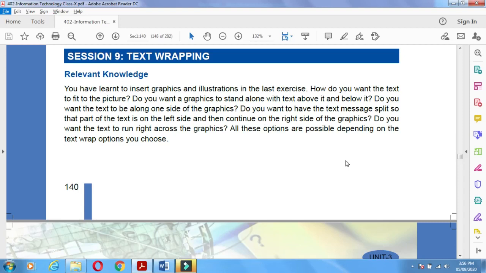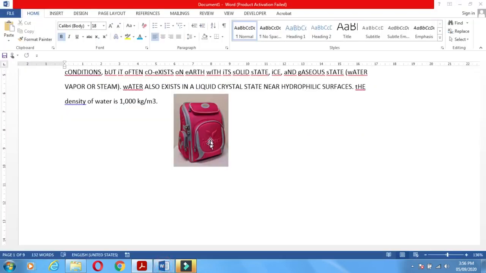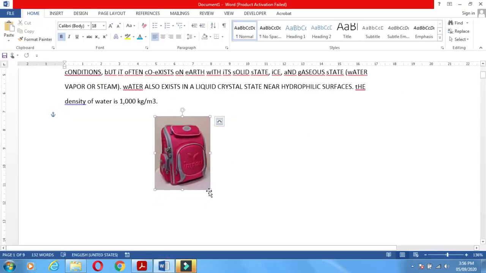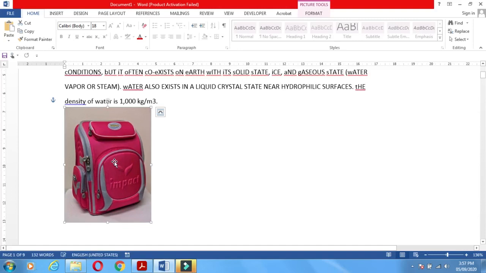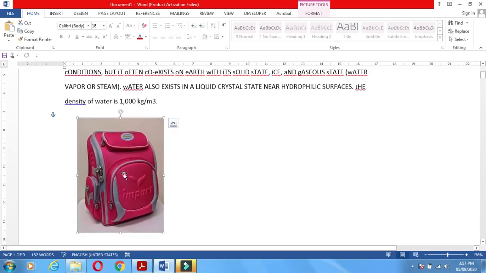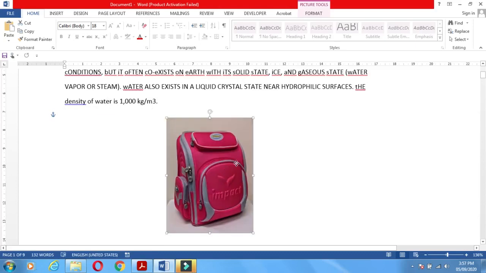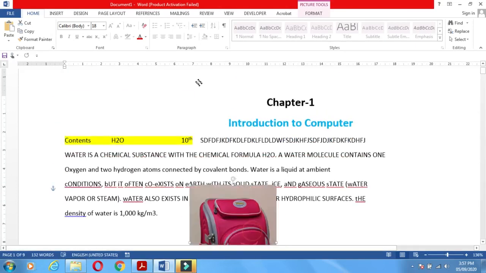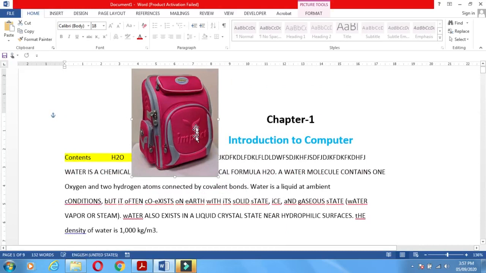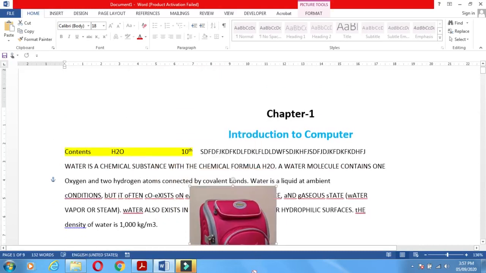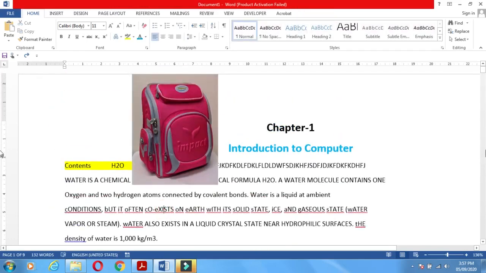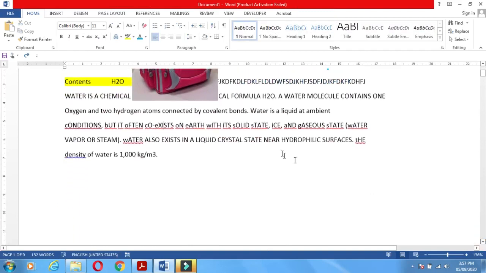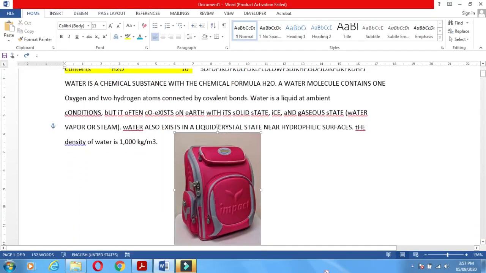Do you want a graphic to stand alone with text above it and below it? If you inserted a picture, you may want the picture below the text, or above the text, or you want the picture with the text on both sides of it. Meaning, in this way,